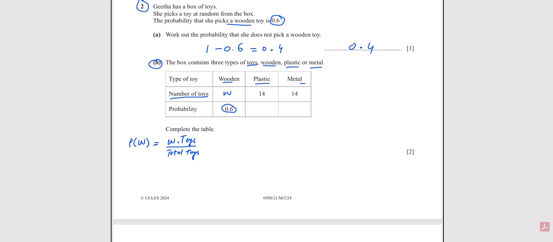The probability of wooden is 0.6, is equal to wooden toys. We have to find this one,